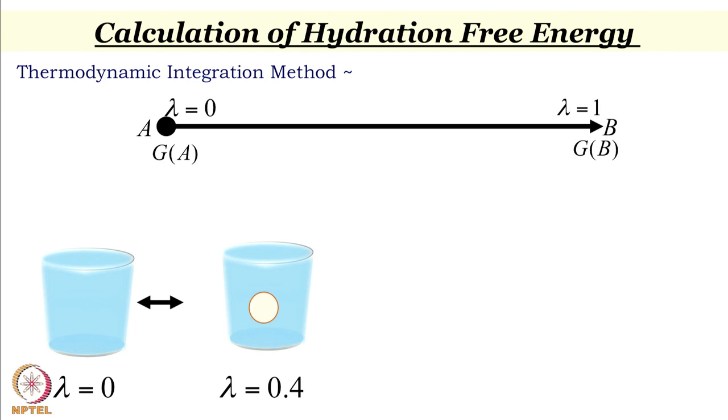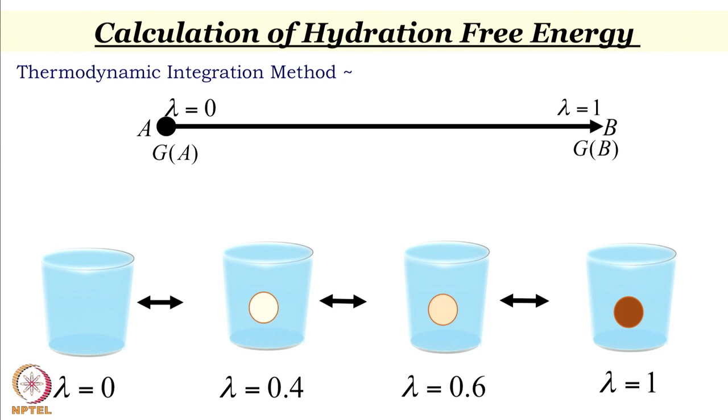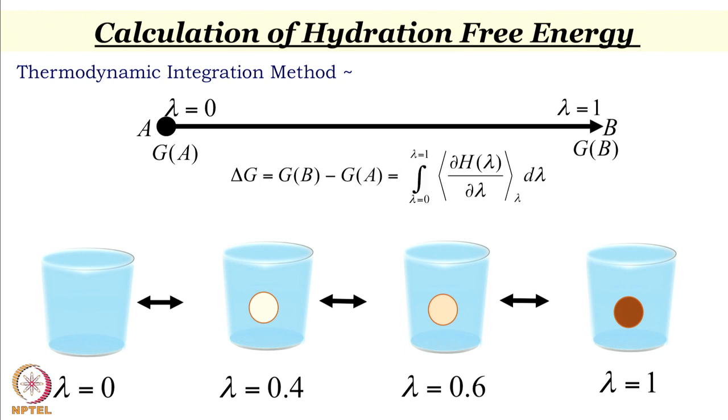So, next time I make lambda equal to 0.02. So, that is I enhance it a little more, then more and more interaction will occur, and eventually in the end lambda equal to 1. So, my entire interaction is put on, then that is my final simulation. To find out the free energy from 0 to 1, at each step there is an interaction. So, my Hamiltonian, or the interaction, depends on this parameter lambda. So, I take a derivative of H with respect to lambda, that is called dH_lambda by d lambda. I take an ensemble average.